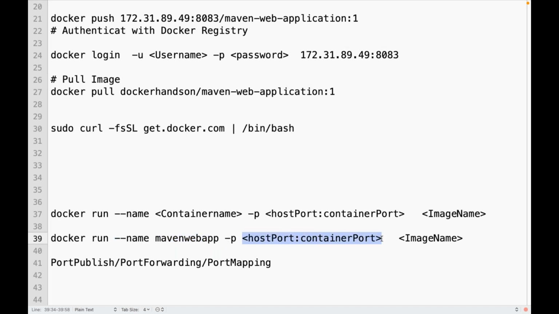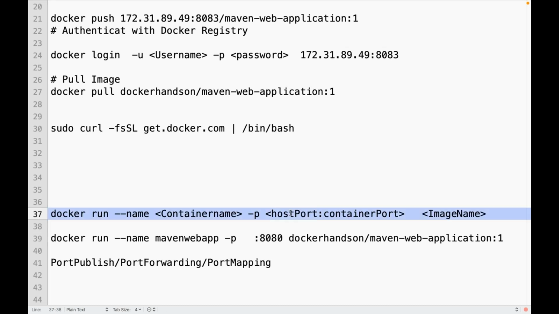Then port mapping. What is the container port for this image? Since I have a Tomcat in this image, which port is Tomcat running on? 8080. And the host port: can I give any port which is available in the server,